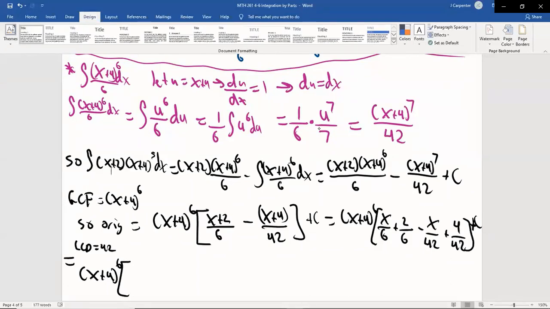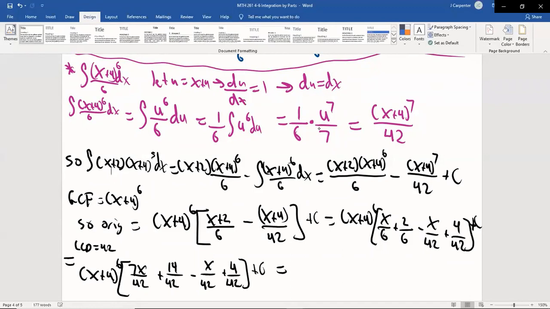So 6 goes into 42 7 times, x is 7x. That's 7x over 42, plus 6 goes into 42 7 times, 2 is 14. So that's 14 over 42 minus, the others already have it, x over 42 plus 4 over 42, bracket,